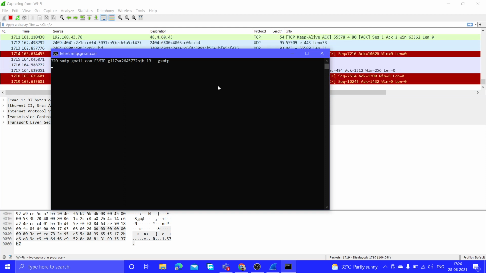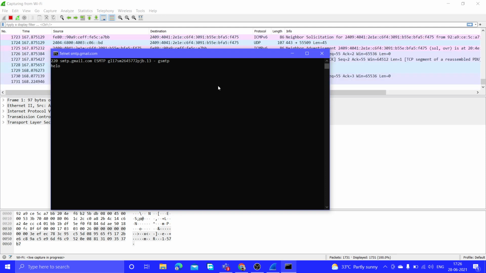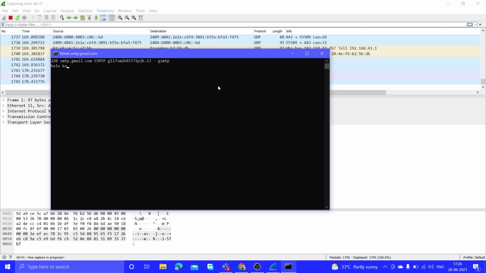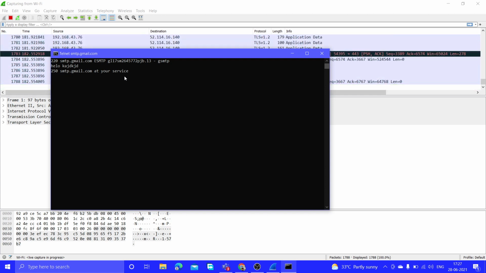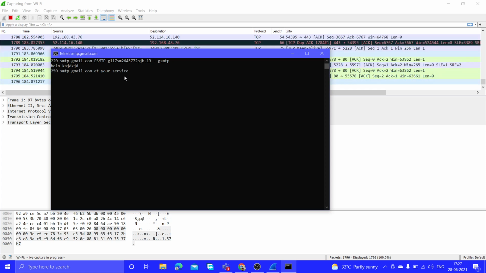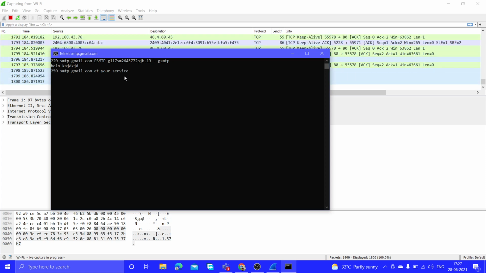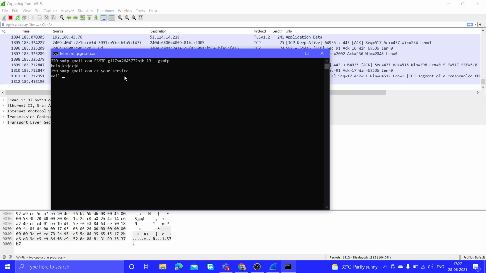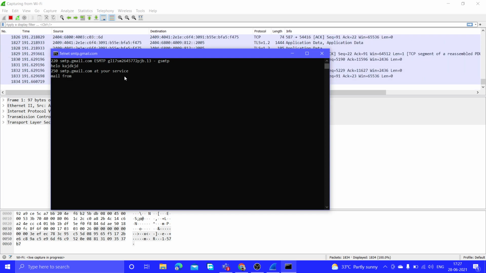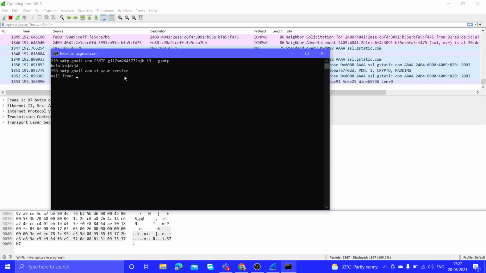Now we can type in the command hello to initiate a message and hit enter. It is showing 250 smtp.gmail.com at your service. Now we can write mail from, which is basically a command, and I'll be typing my mail ID.